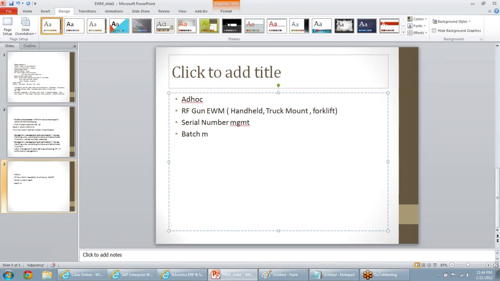Apart from that, my warehouse has to support batch management and returns management. Is it clear now? It also has to support the production supply areas, which is called the PFC scenarios. And the most important thing is that it also has to support the auto ID infrastructure.